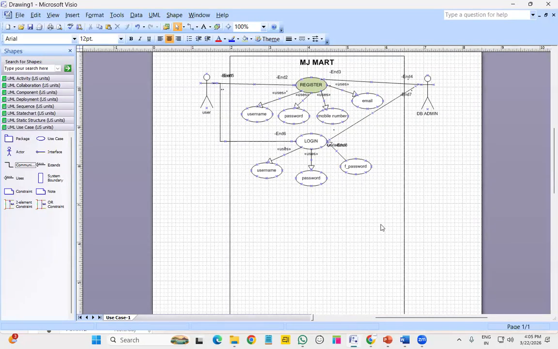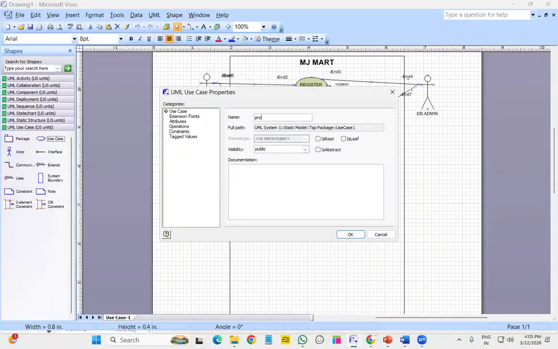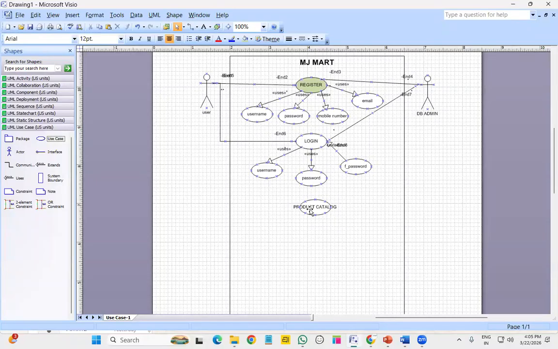Okay, so this is how the registration and login is completed. After login, I will be displayed some products. These products will be mentioned as product catalog. So in this product catalog,